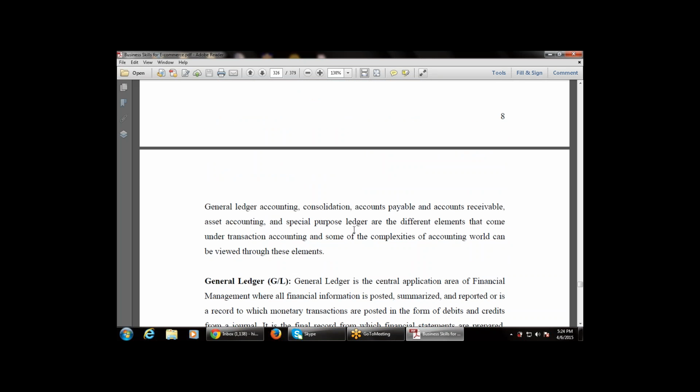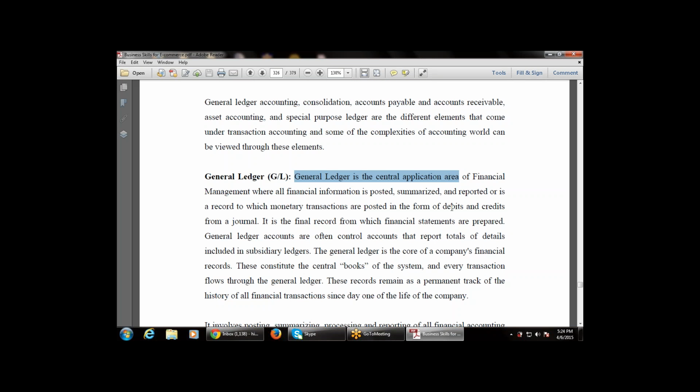One is the general ledger. It is a central application area of financial management, one of the major areas. Why? Because every piece of financial information is posted, summarized and reported here. Whatever transaction is carried out, if I purchase a good, that is a transaction, so my payment is deducted, and that information is also posted and reported